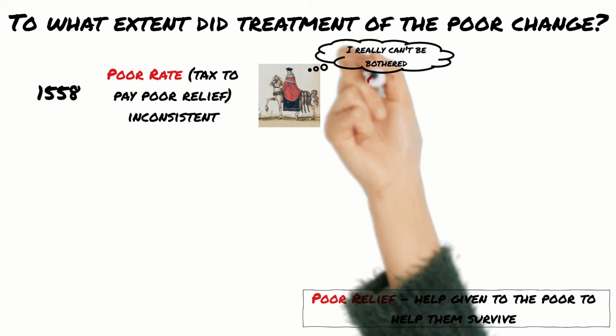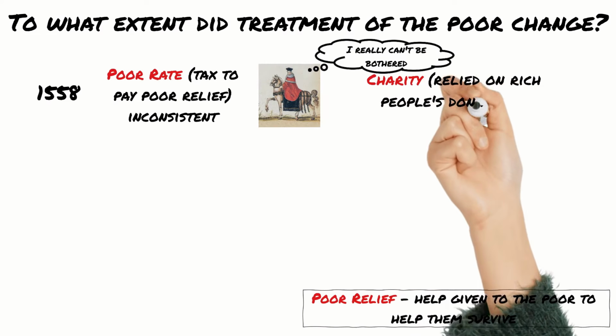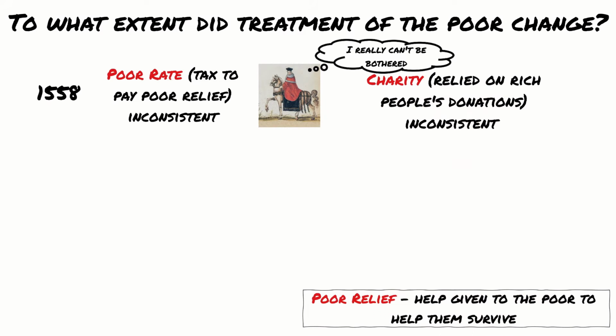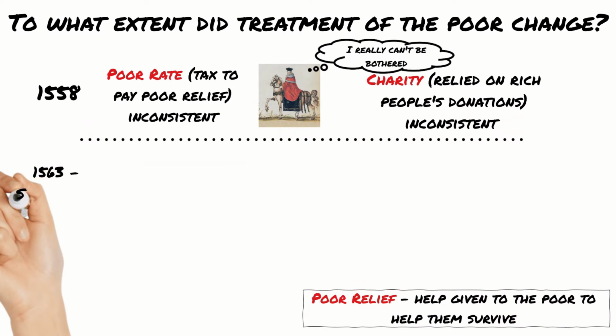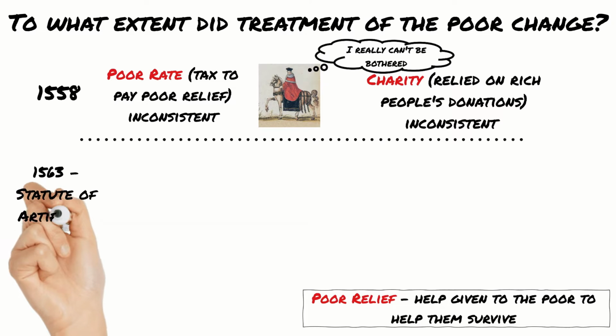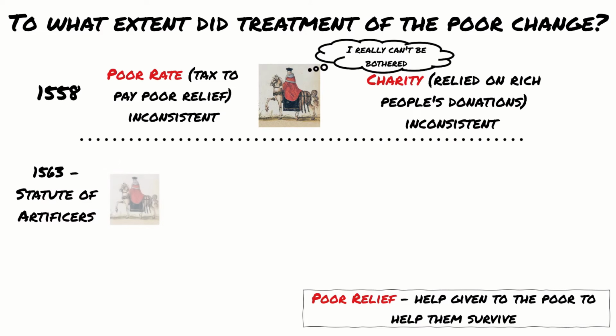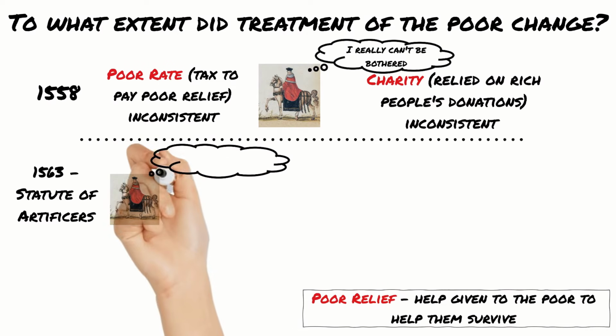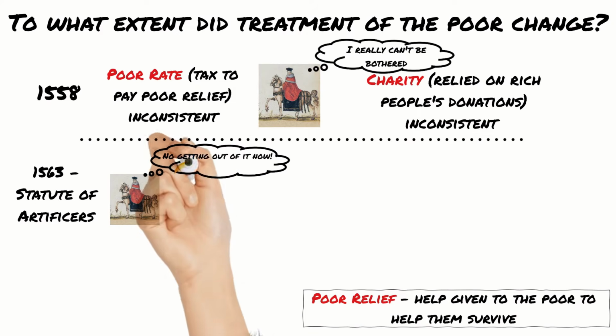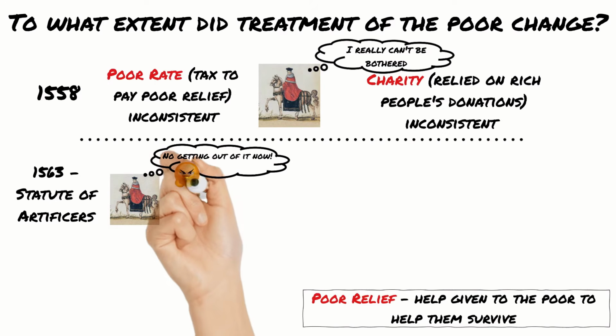Charity was another key way of supporting the poor. Many wealthy people donated to charities, which normally focused on specific groups and locations, for example, orphans or widows. These were not consistent, so again, some areas or groups were left without any support whatsoever. However, in 1563, Elizabeth began to formalise poor relief. The 1563 Statute of Artificers punished those refusing to pay poor rates, with a maximum penalty of jail time. It also fined officials who did not organise a poor tax with a fine of £20.